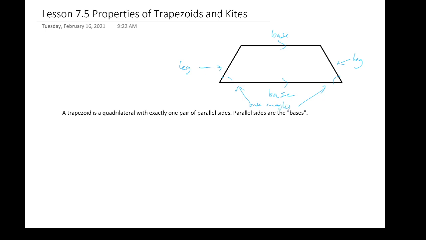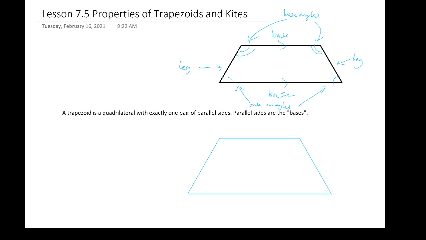And then in this case, we have these two right here, which don't have to be congruent, but in this case they are. And the reason that's going to be the case here, I have one more thing that I'm going to note, is if we have this